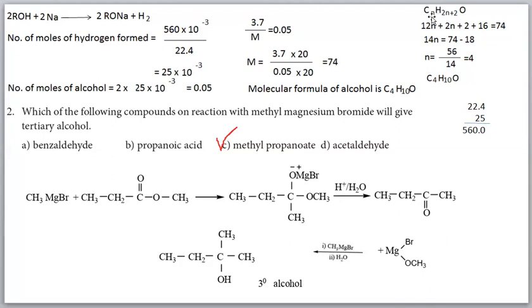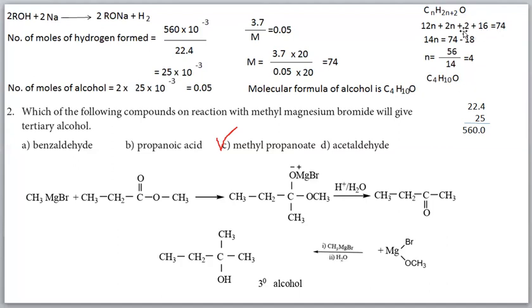The general representation of alcohol is CnH2n+2O. From the molecular formula, we can write the molar mass. Here n carbon is there, the carbon atomic mass is 12, so 12 into n is the mass of carbon. Then hydrogen 2n+2, the atomic mass of hydrogen is 1, so 1 into this value, which is 2n+2. Oxygen atomic mass is 16. The total mass is 74. Here we already got 74.